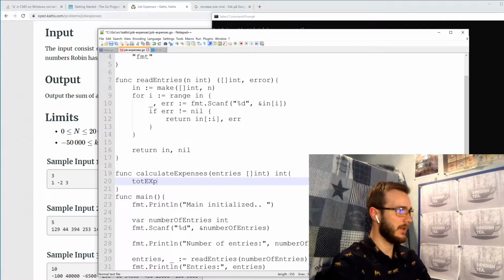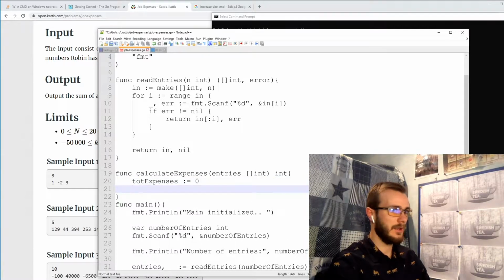The sum we can initialize and define to 0, and then we loop over this